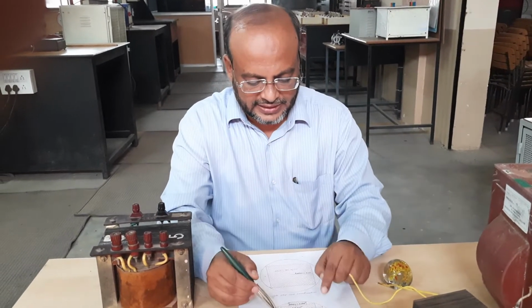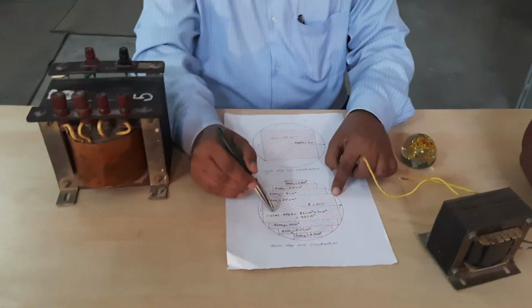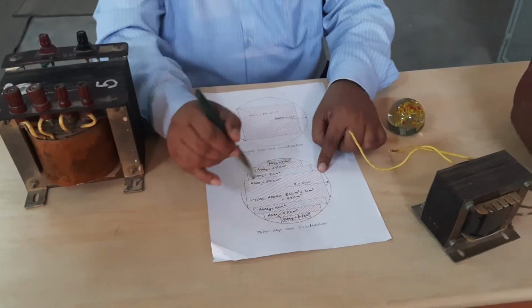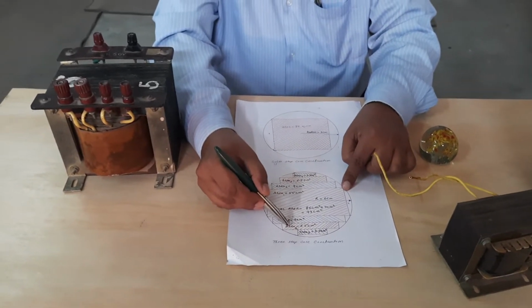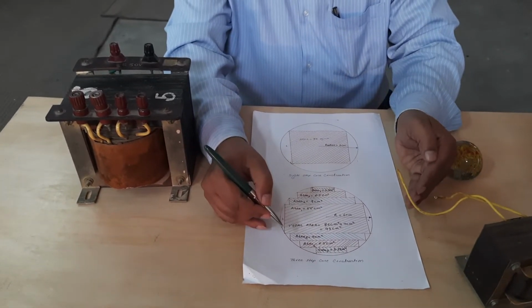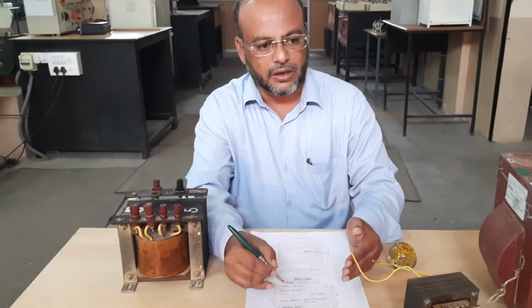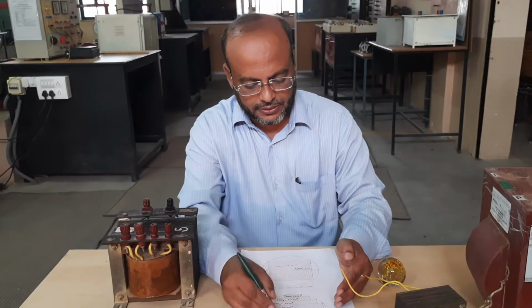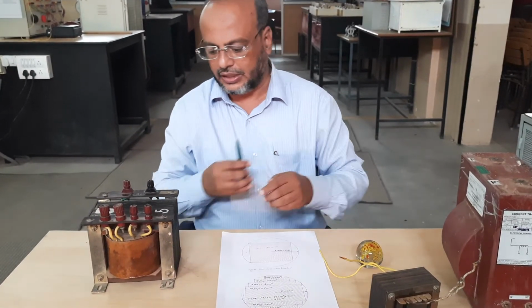So in practical cases, for the bigger size or higher capacity transformer, the core is always a stepped core or cruciform core. There may be a number of steps. The number of steps is decided with technical performance as well as economical or construction point of view. We can select the number of steps in the transformer.